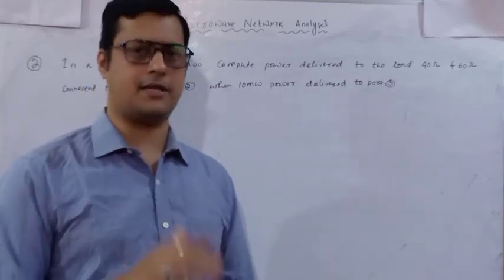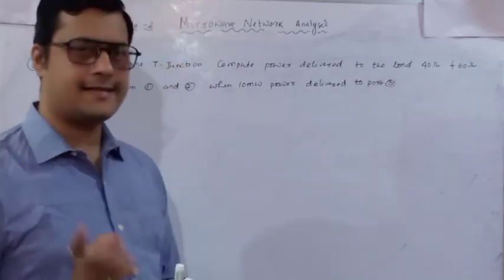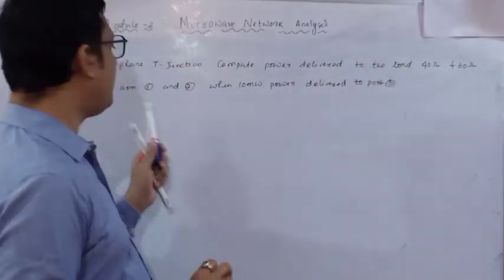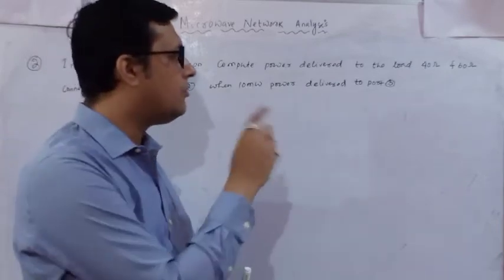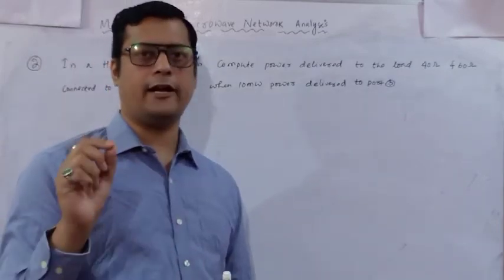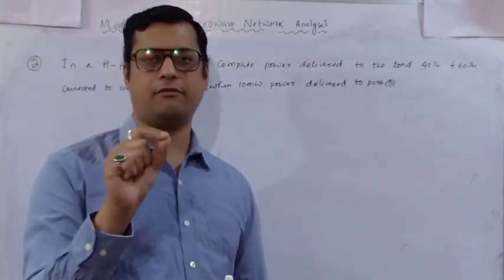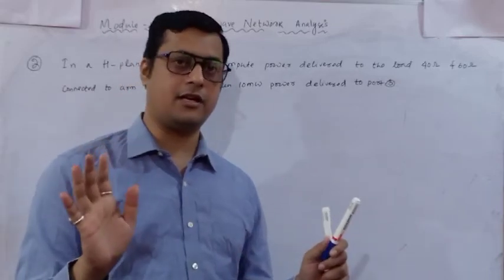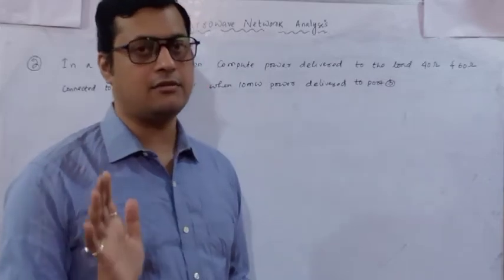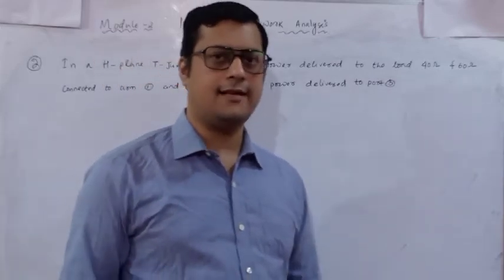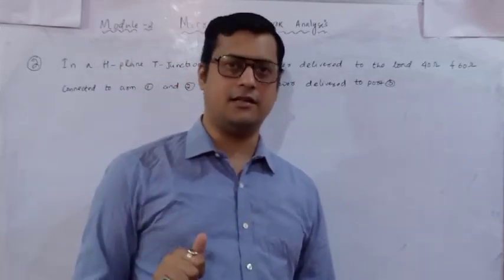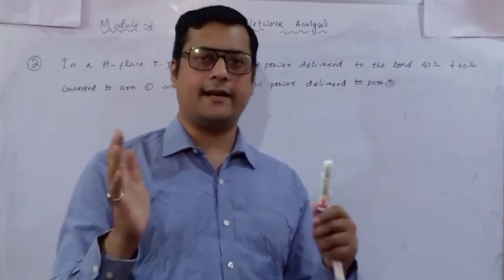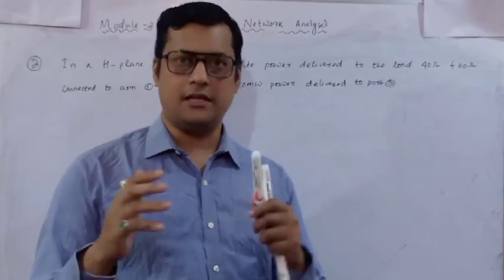Okay, that is the first analogy. How to proceed with this? Second, since port 2 and port 1 are terminated with load impedances of 40 ohm and 60 ohm, with the help of that you can determine the reflection coefficient. Now it is not terminated perfectly matched, so we can't make S11 or S22 as 0. Here it will be different, it is a mismatch condition. Mismatch means, as it is a lossless junction, the characteristic impedance is 50 ohm, that you have to consider.